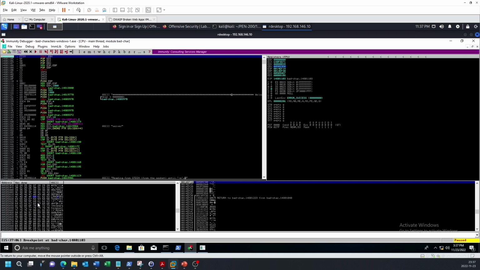Scroll a bit. 1, 2, 3, 4, 5, 6, 7, 8, 9, A, B, C, D, E, F, 60.